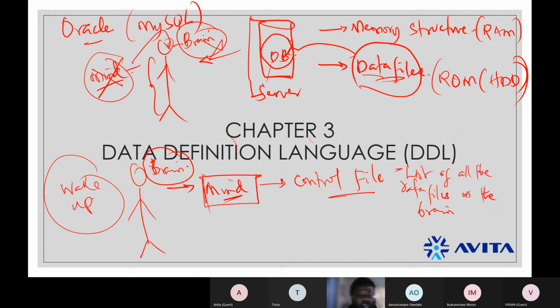So when you wake up in the morning and you are trying to regain consciousness, what you are doing is trying to attach your mind back to the brain. In computer terms, you are trying to mount your data files on your mind, so that when they ask you what is your name, you can remember.